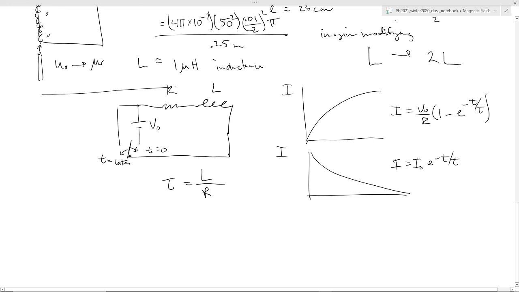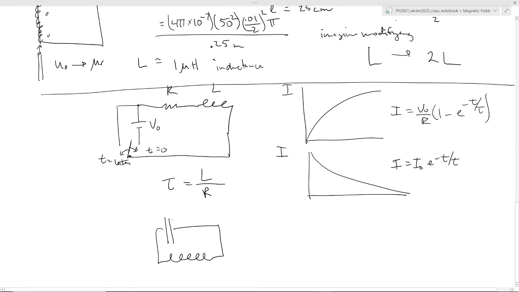And then the interesting behavior happens when you take these components and put them together in a circuit. So if you have a circuit that has capacitance and inductance, and you imagine charging this up, and you had some switch, and you close this, what would happen is you would get a competition between these effects. So with the inductor, you know that the current builds up in time, but with the capacitor,